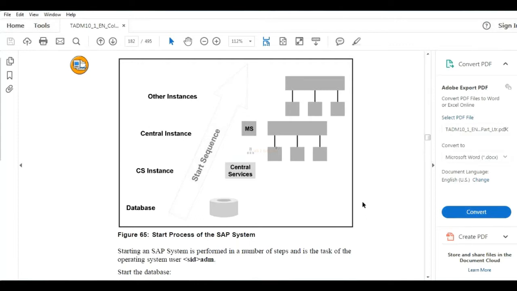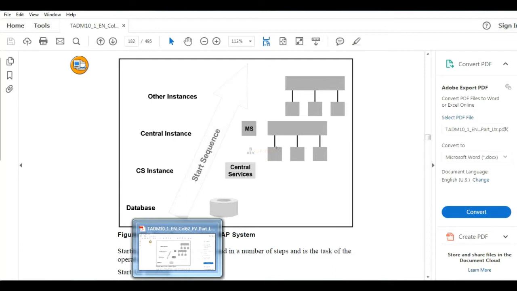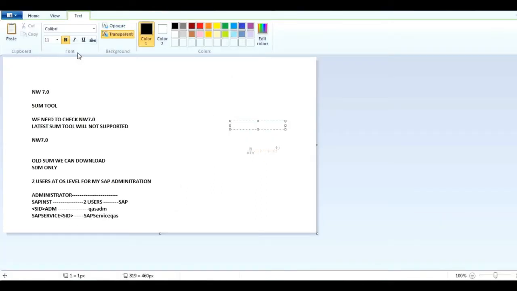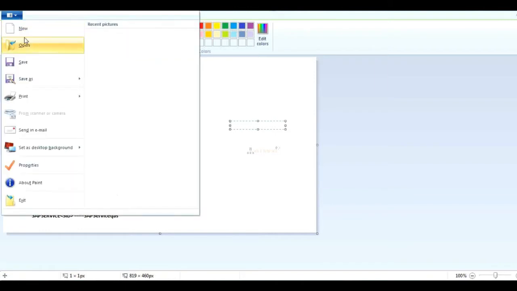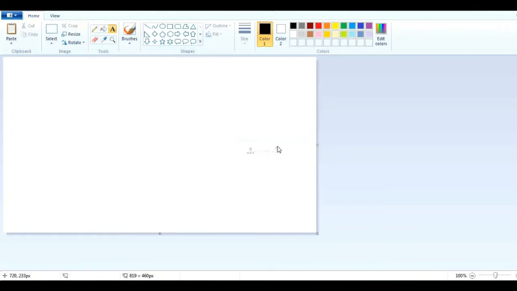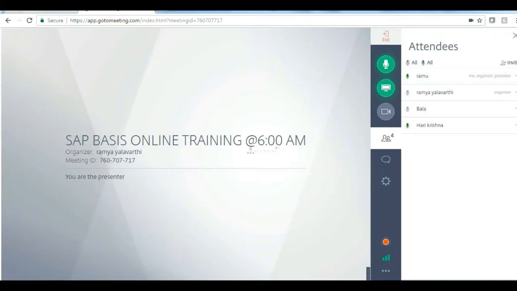What is the start and stop procedure of my SAP system? Okay. And one more point is, we need to do the post steps right now.